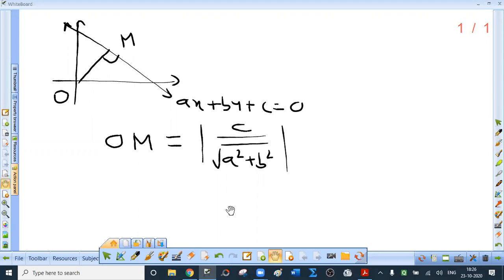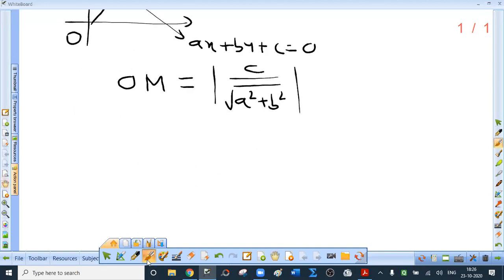Leave one or two lines and then write: the length of perpendicular from P (x1, y1), capital P (x1, y1), on the line ax plus by plus c equal to 0